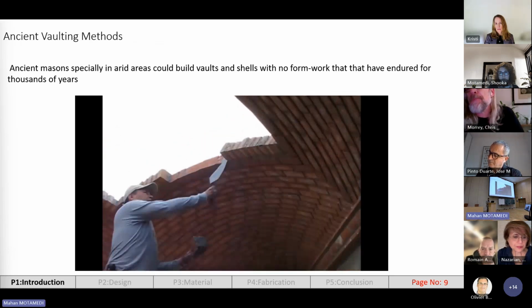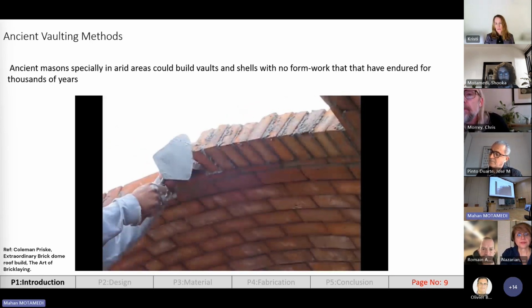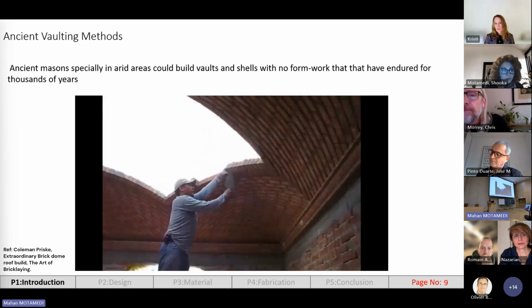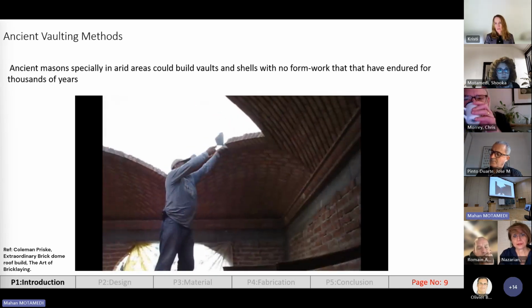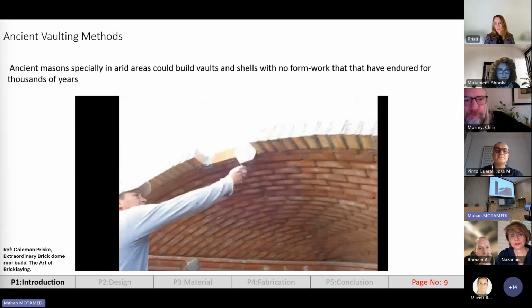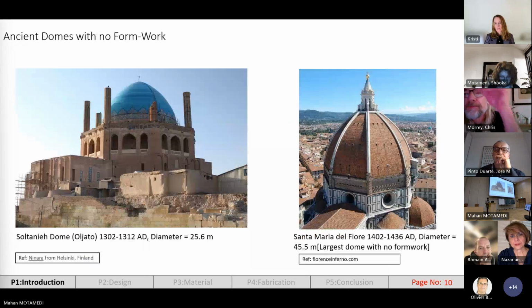However, in ancient building techniques, especially in arid areas, masons used to fabricate vaults without any formwork, using special techniques of bricklaying. The first example is the ancient domes. On the left, you can see the Soltaniyeh dome or Oljaito, with an inner circle diameter of 25 meters. And